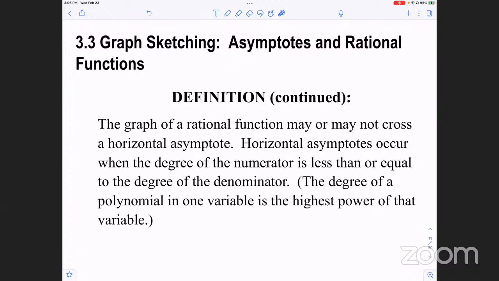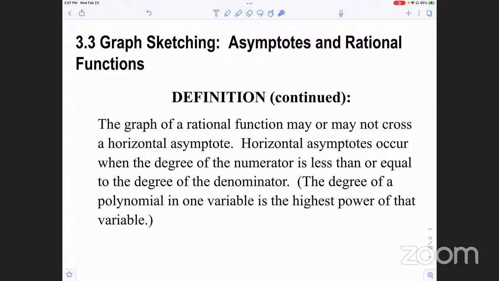Horizontal asymptotes occur when the degree of the numerator is less than or equal to the degree of the denominator. The degree of a polynomial in one variable is the highest power of that variable. So we have a horizontal asymptote. Basically,